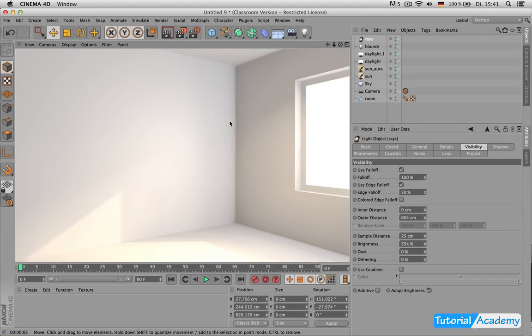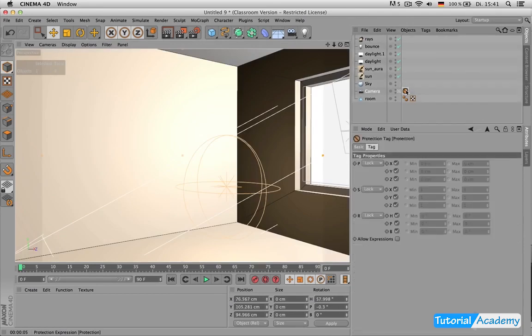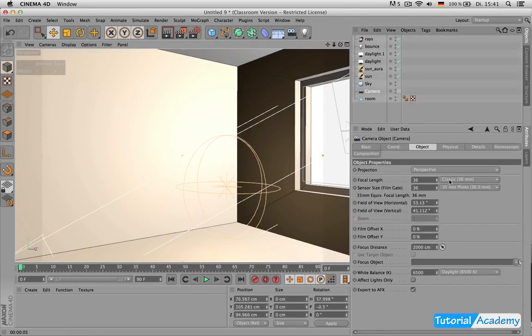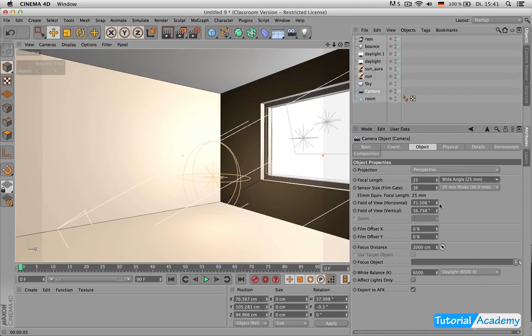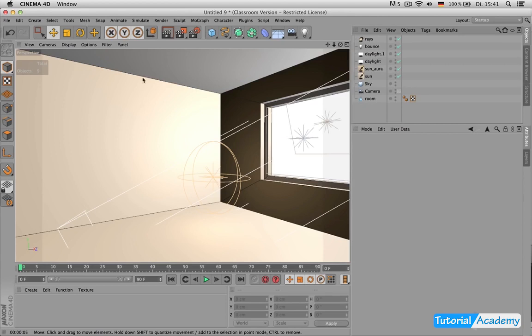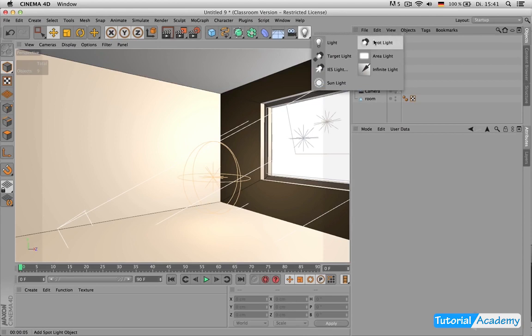Now you will always have the same problem with those really spare or blank surfaces, and for that I really like to use caustics. There's like reflecting sunlight to the ceiling and other parts. So let's just make this a wider angle so we can see better. What I'm talking about is I want some shines here, so what I do is I use a spotlight this time, and I place it